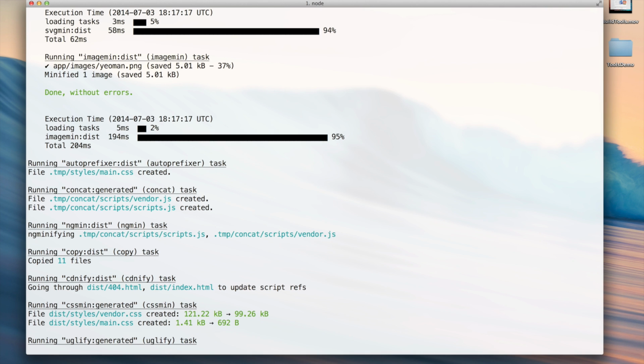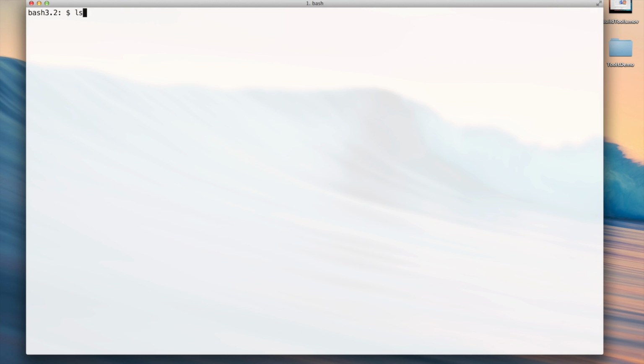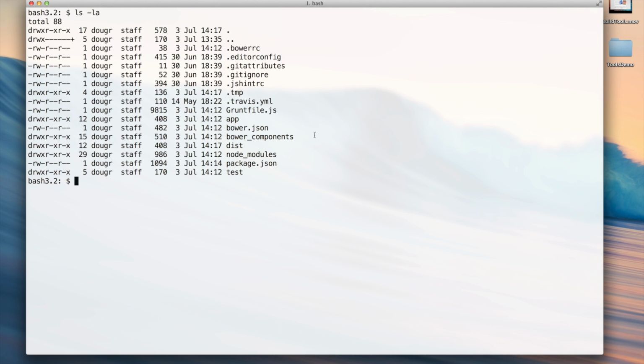There's quite a few things happening that you get just out of the box, and you can go in and edit it to match your own needs as well. So we can see, great, our build is complete without errors. Really, you need to do this the first time and whenever you want to create a distribution of your site. So let's take a look at what that did. If I type ls -la again, it pretty much looks the same, except we have this distribution folder now. And inside the distribution folder,